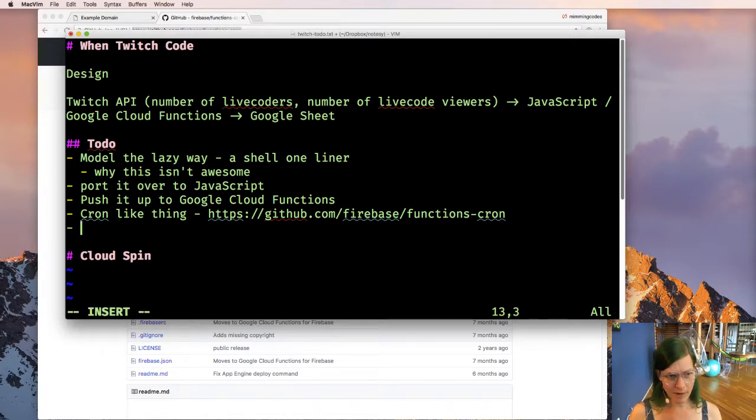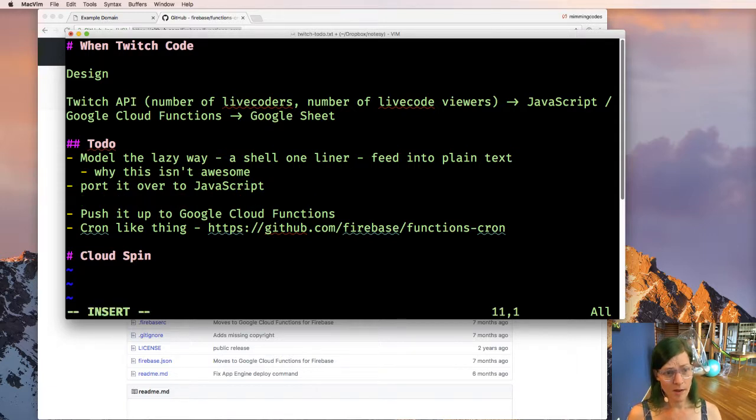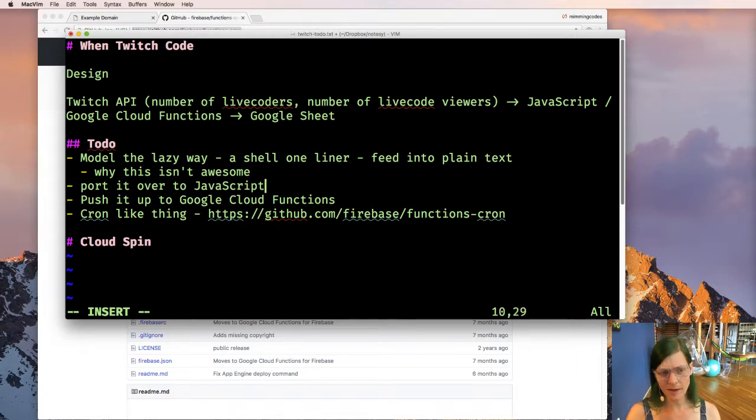And then finally, port it over to JavaScript. The one-liners I'm also going to feed into plain text. The second leg of this thing is that after I port it over to JavaScript, I want to make it interact with the spreadsheet. A one-liner would be cool, but I don't really want to do all the auth stuff.